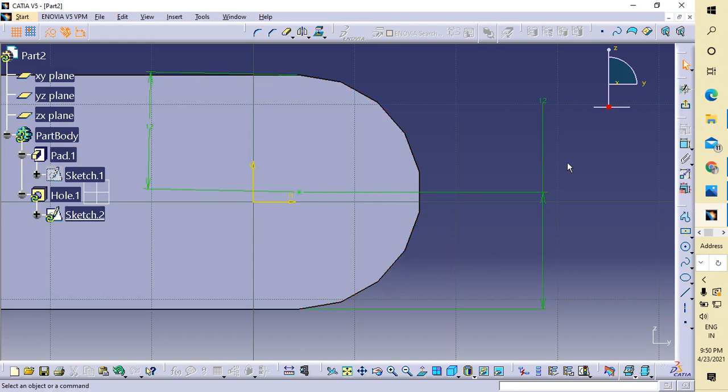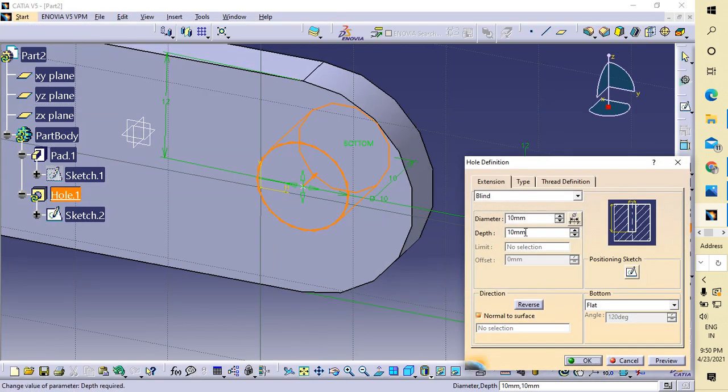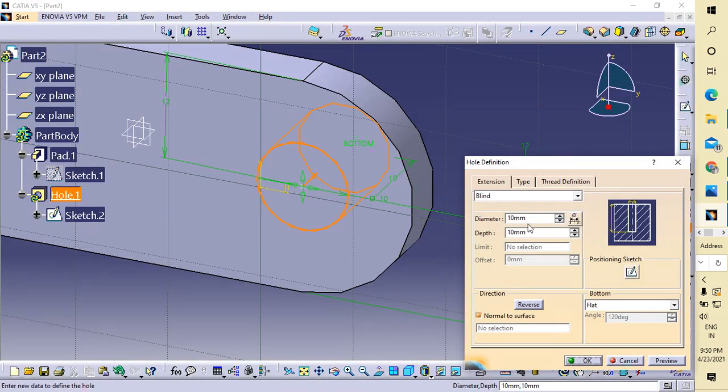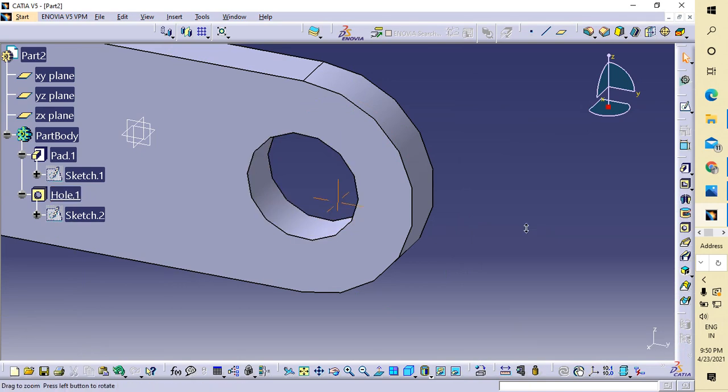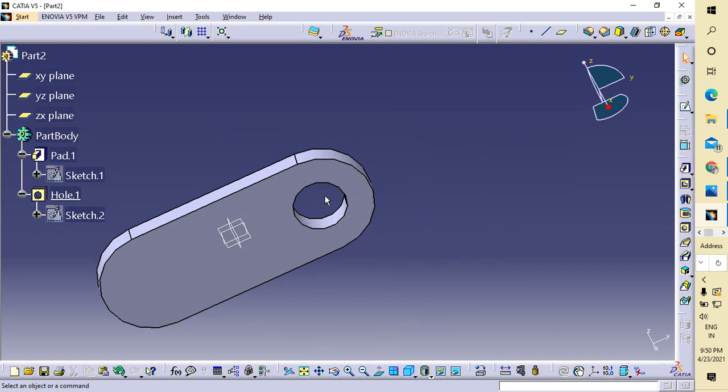So now go to Exit Workbench, and the diameter of this circle is 12. Okay, diameter 12, and go to Up to Next. This is our hole of diameter 12.